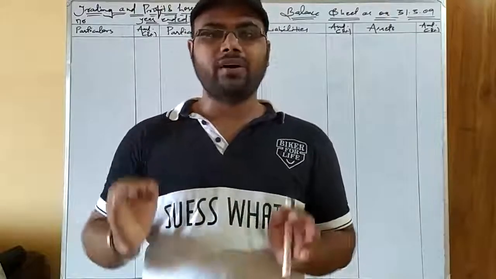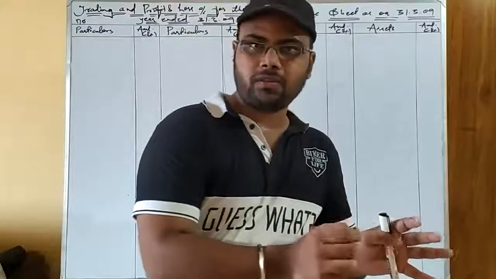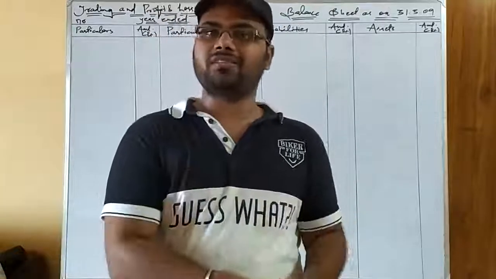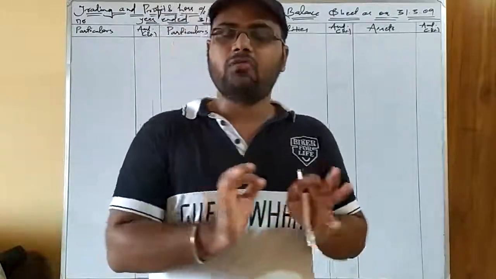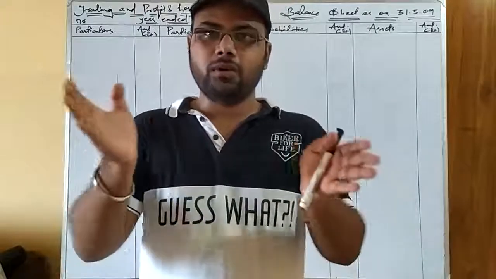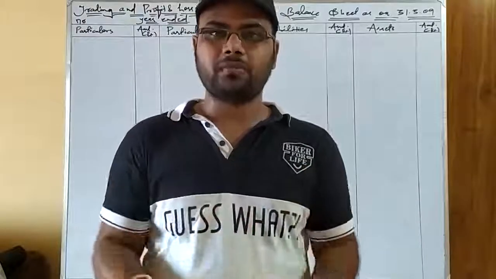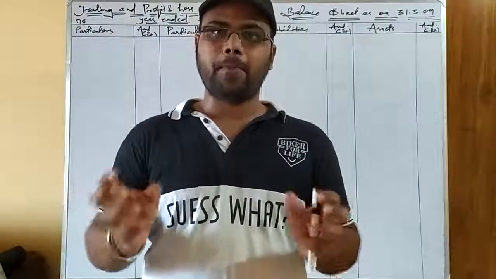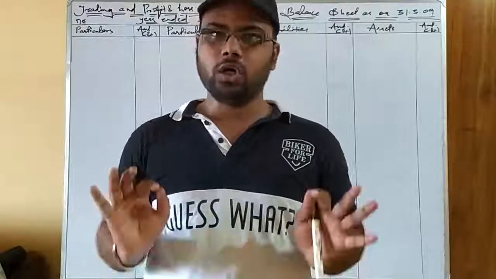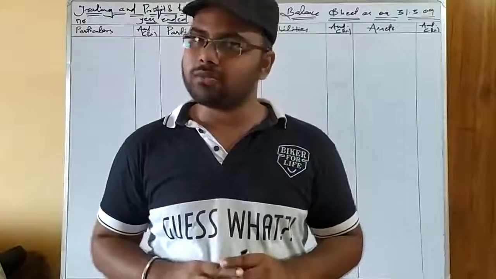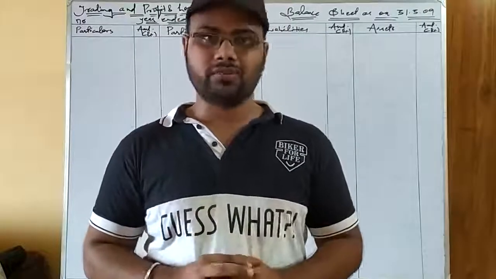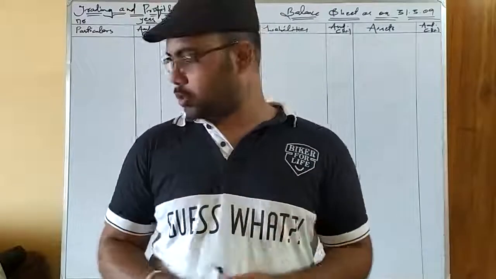Always find whether it is an expense, what kind of expense. If it is an income, what kind of income. If it is an asset, what kind of asset. If it is a liability, then what kind of liability. Only after those proper categorizations and classifications, you will be able to make a precise presentation of the financial statement and a proper transfer of the items of the trial balance to the respective financial statement. So this is all about posting of the items to the financial statement, taking the trial balance as the base. So now, without wasting any time, we will follow the next question.